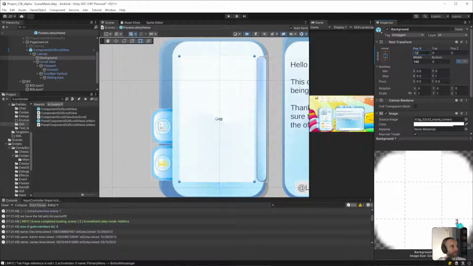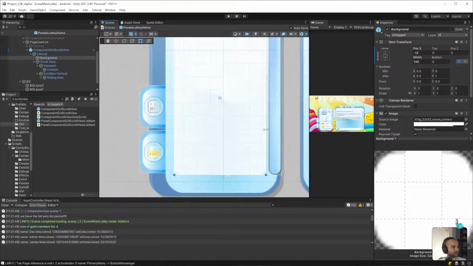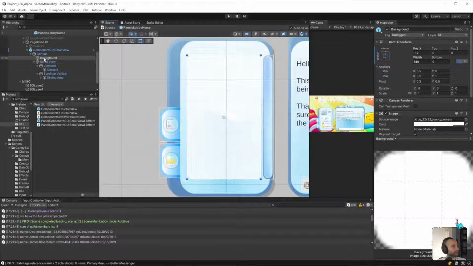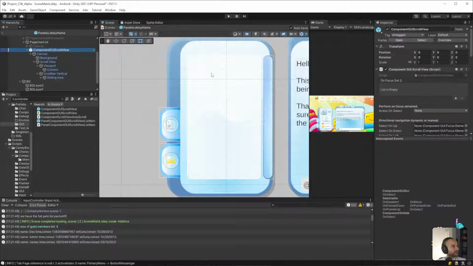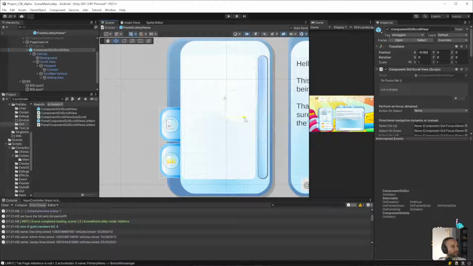Let's just go with minus 1, 2. So we have our spacing. Then what we can do is just go here and offset it kind of where it needs to be. And we'll round that off.